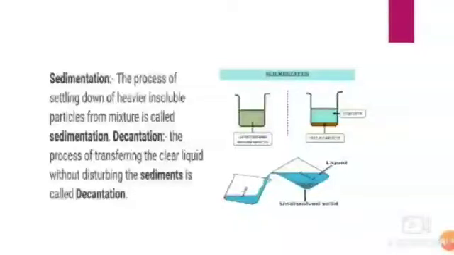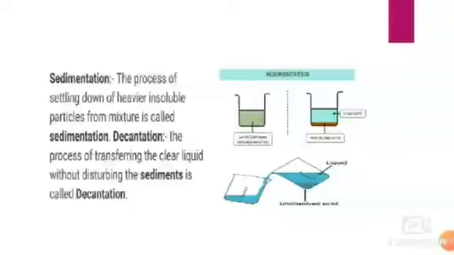This process of sedimentation is always followed by the process of decantation, wherein the clear layer of the liquid is transferred carefully into another container. Right? You have to use another container to transfer the clear liquid carefully. And this process of transferring the clear liquid into another container without disturbing the sediments that have settled down is called decantation. Let me give you a few examples to understand it more nicely. At homes, our mothers soak the rice and pulses in water for some time.